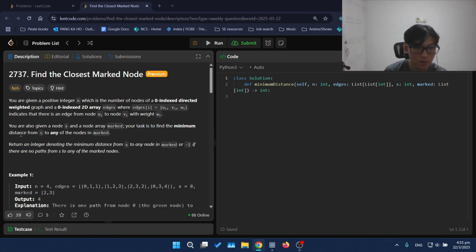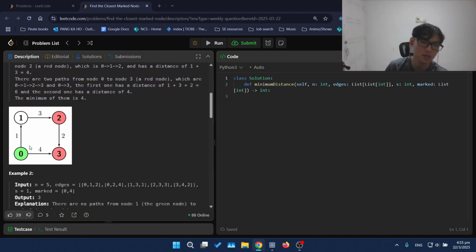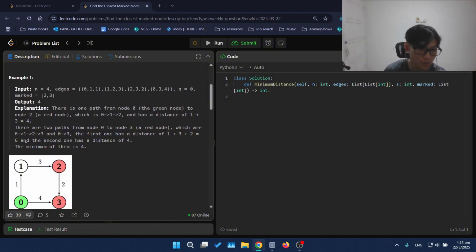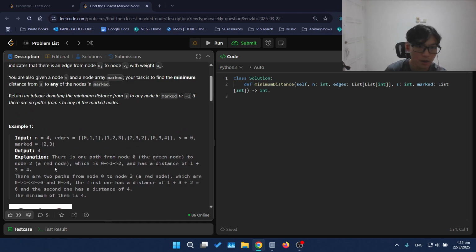Your task is to find the minimum distance to any of the nodes. Okay, so return an integer denoting the minimum distance from s to any node in marked, or -1 if there are no paths from s to any of the nodes. Okay, understood. Now I was a little bit confused, like what if inside of the marked nodes, your source node can reach one of them but not the other? Then in that case, my understanding from the problem description is that you'll just return -1 because,